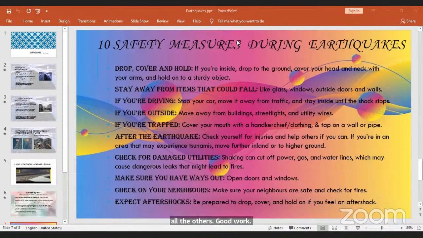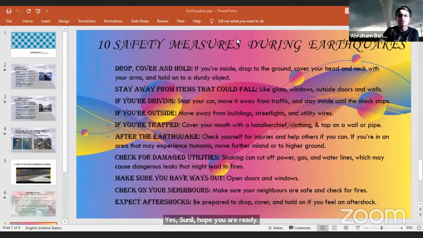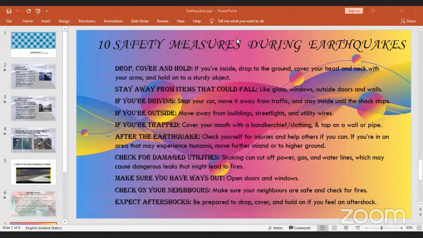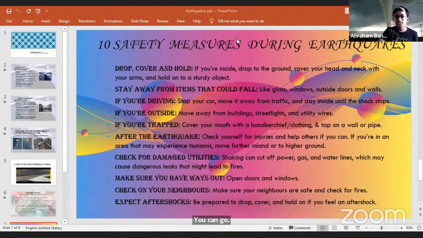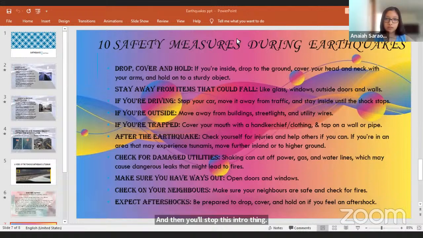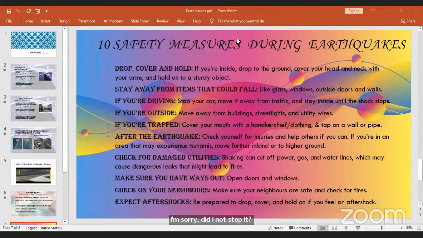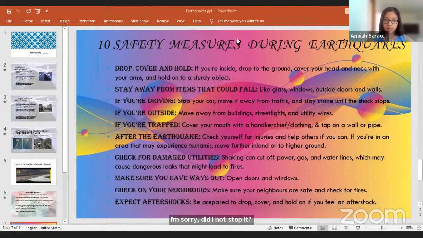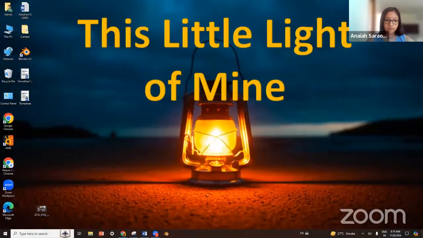Sunil, hope you're ready. Abraham is ready. Okay. Abraham, you can go. Okay. Anaya, can you stop the screen sharing? I'm sorry, did I not stop it? Yes. Can you stop the sharing so Abraham can share? Okay. Abraham, now try.